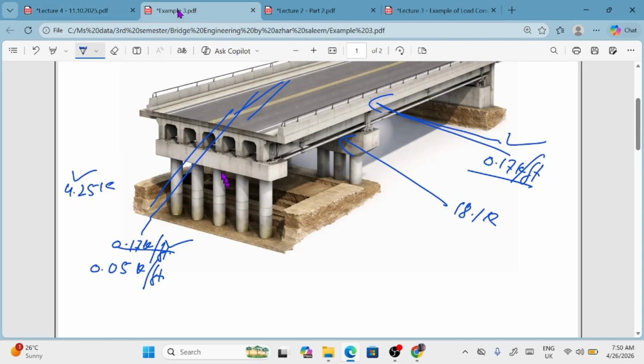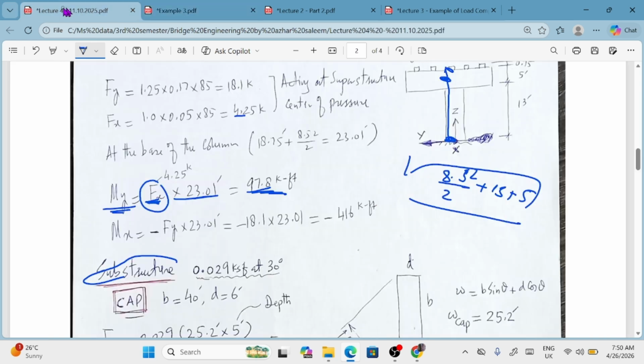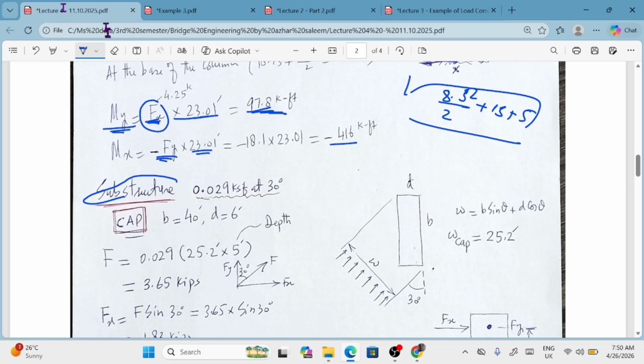This is about the y-axis, this is my y-axis. So My will produce like this, 97 kip-feet, and this moment, if we calculate Fy multiplied by 23.01, is 416 kip-feet. We have solved the superstructure, and now the wind is directly applied on the substructure. For the substructure, the skew